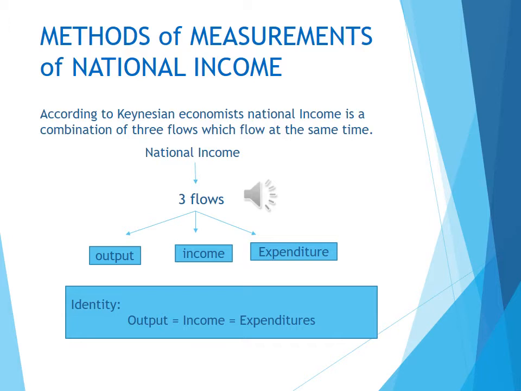And the national income may flow in the form of the aggregate expenditures. These expenditures are made on consumer goods and investment goods, and both types of expenditures are made by the private sector and by the public sector. So there is an identity. Aggregate output of a nation is identical to the total income, equal to the national income, and both of these are equal to the aggregate expenditure of a nation.